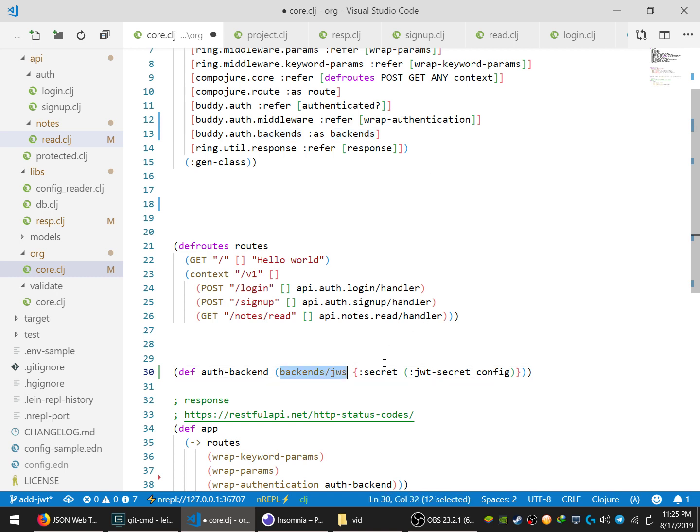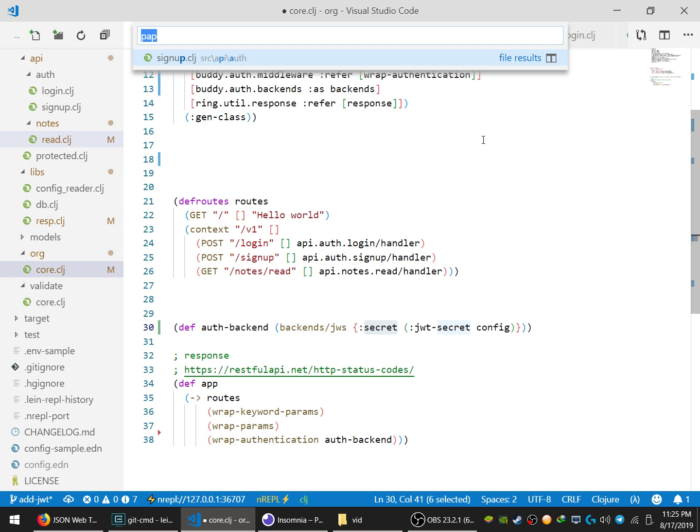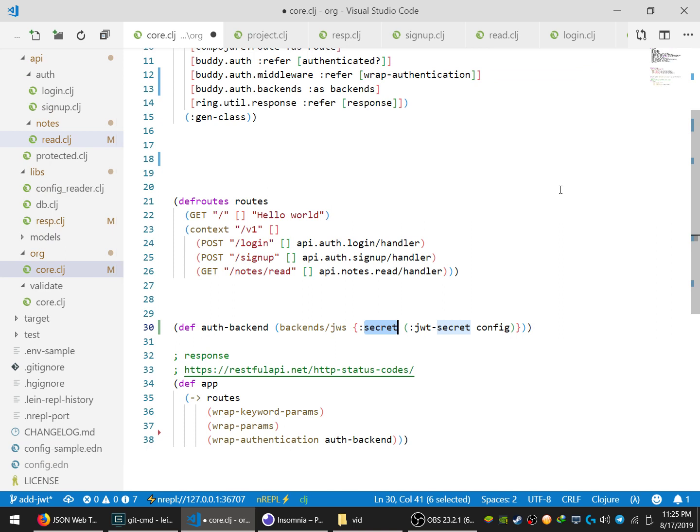So in here, for JWS signed, we provide that secret key that we are using from app.config. Yes, it's using the same key, else it will not work for obvious reasons. And yes,